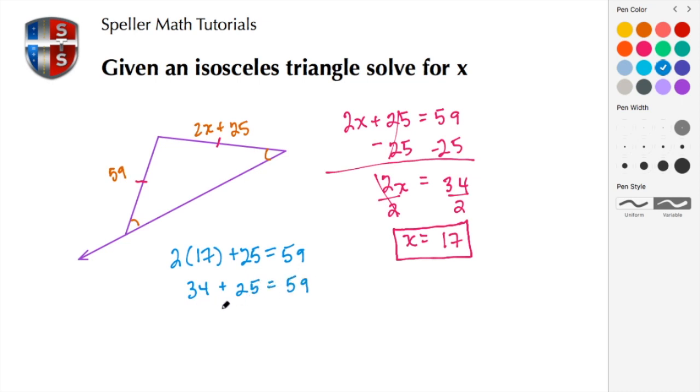Let's continue to work on the left-hand side. We have 3 tens and 2 tens. Well, that's 30 and 20 to be 50. And then we have plus 4 to be 54. And then 54 plus this 5 to be 59. So we see that we have 59 on both sides of this equation. So here we know that we are correct in saying that x is 17.